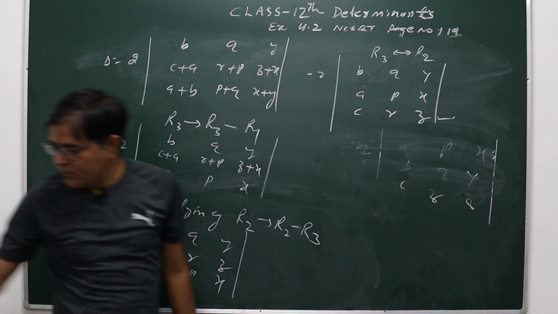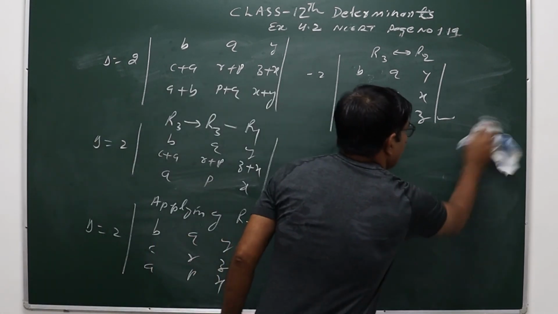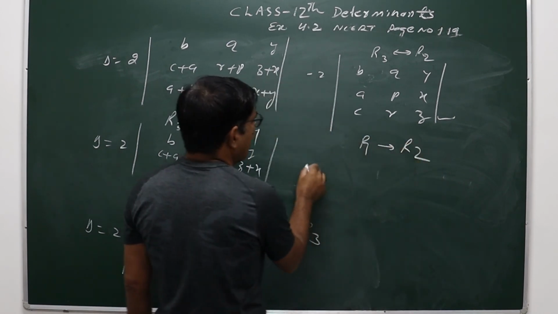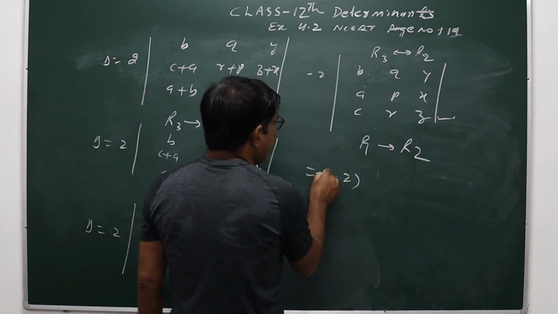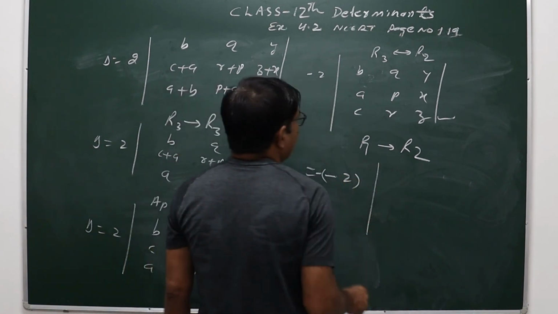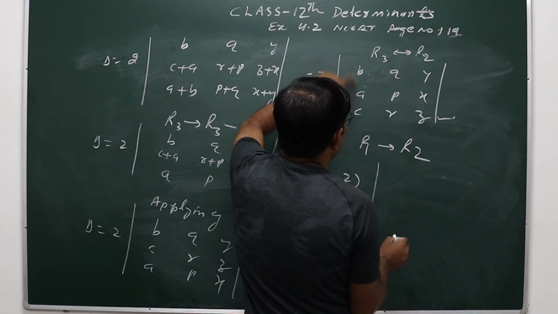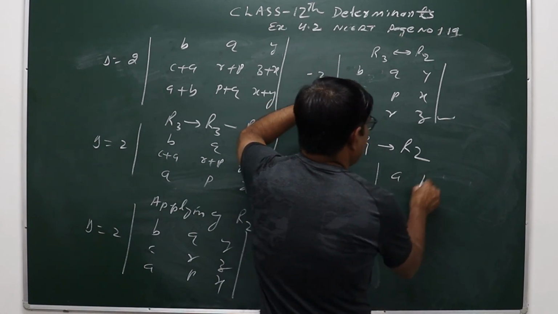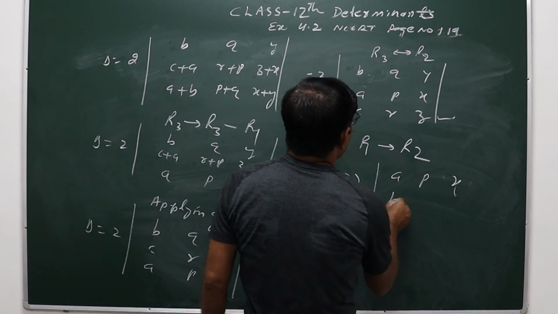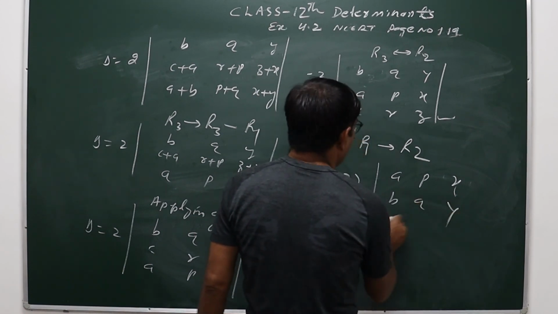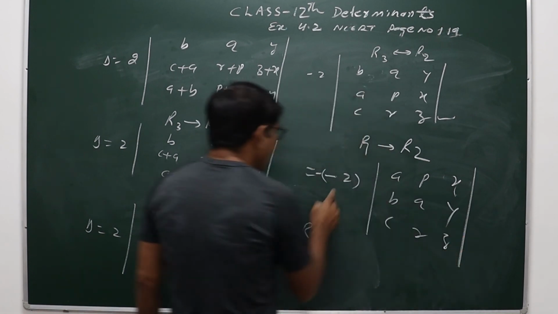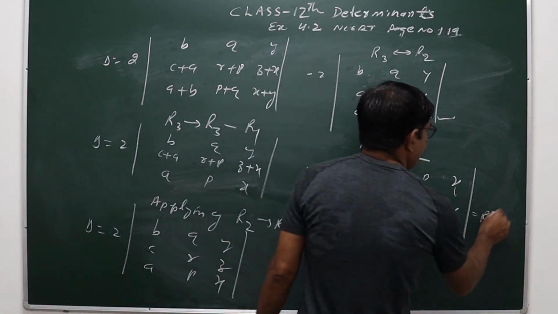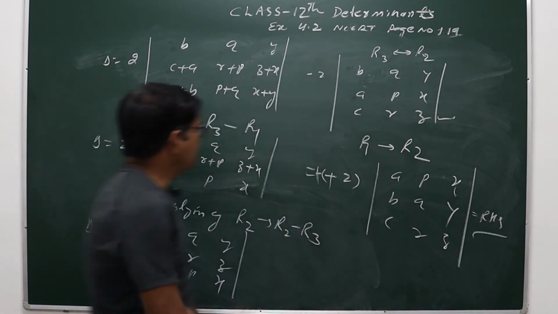Now see, the third row is clear, and now if we change the first row and second row, then applying R1 interchange with R2, again minus 2 was outside and one more minus will come. So the first row will be at the place of the second and the second at the place of the first. So it will be APX, second row BQY and third row CRZ. So here minus of minus 2 will be plus, and hence proved. So this is the right hand side. So please pause the video and note down.